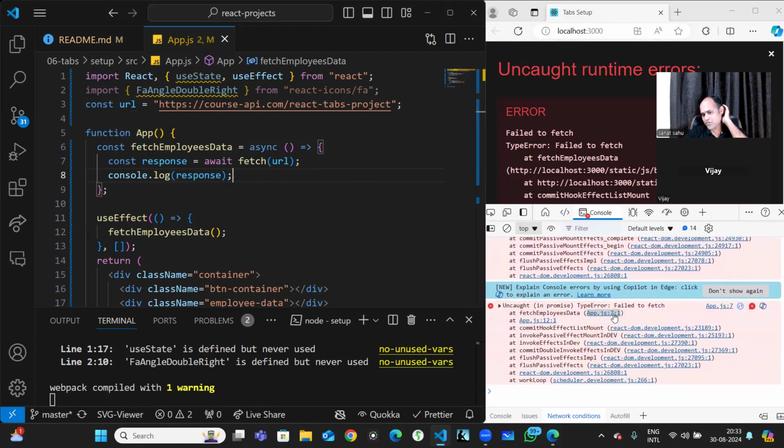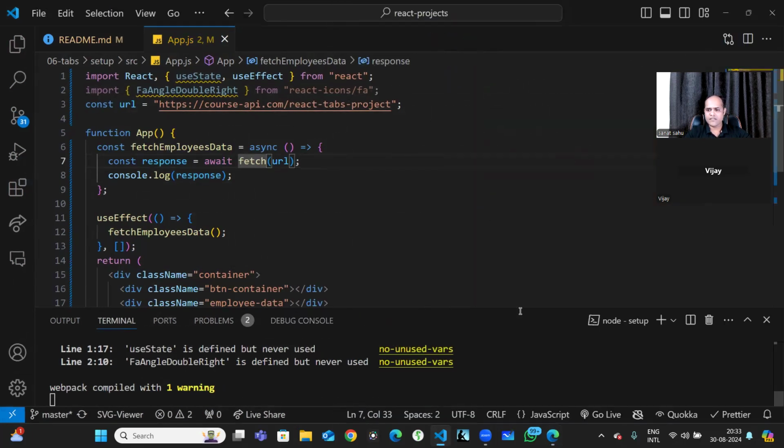It is saying it is blocked by CORS. There is a problem with the fetch here. What we'll do is let's install